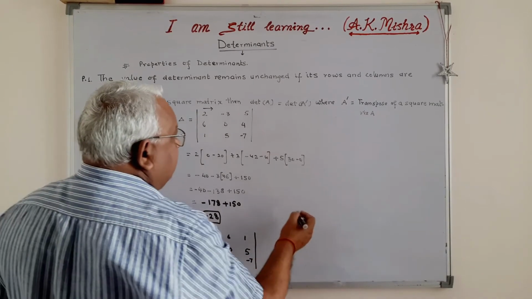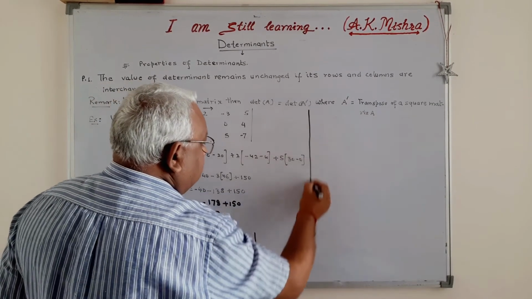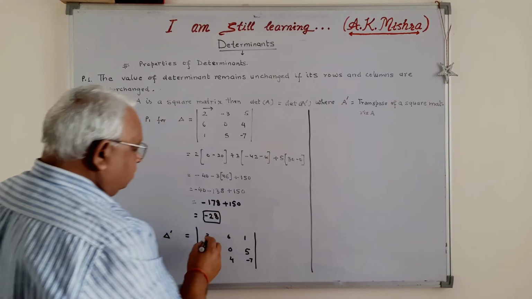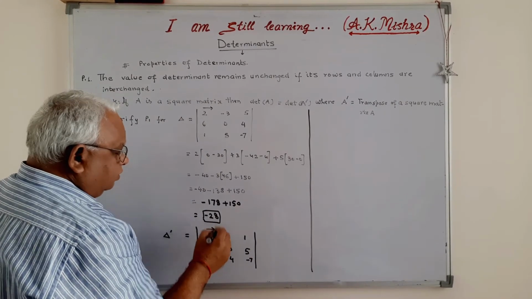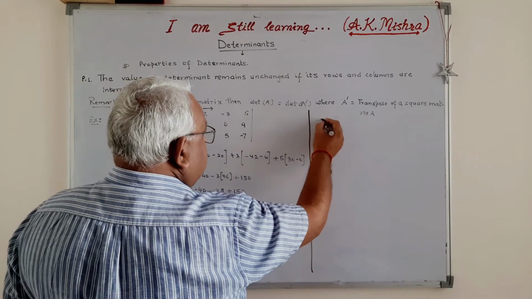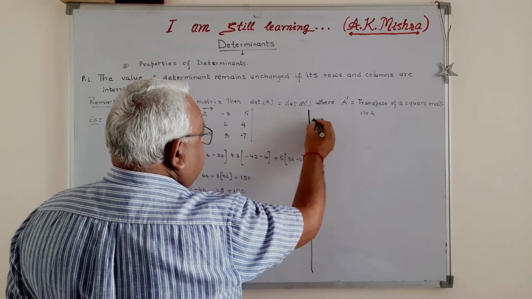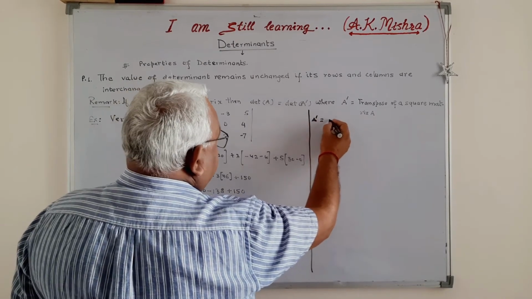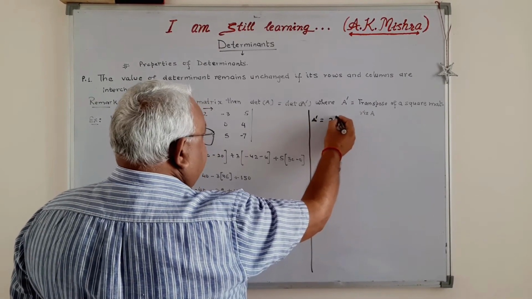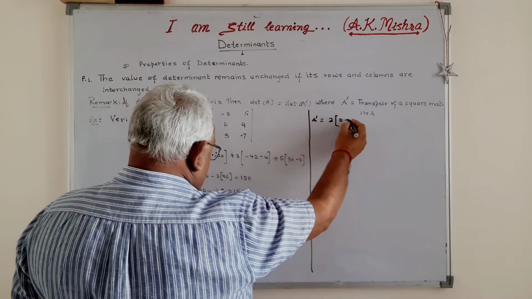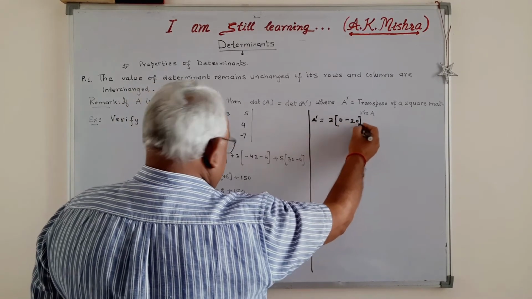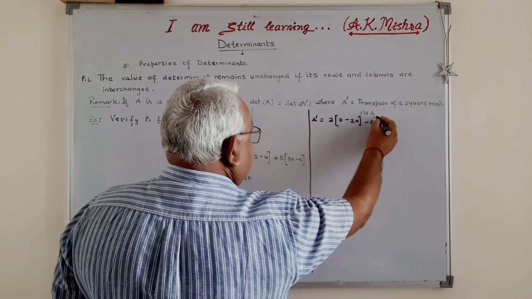So if you expand it, you can see we are expanding by using this first row. So delta dash is equal to 2 times 0 minus 20,